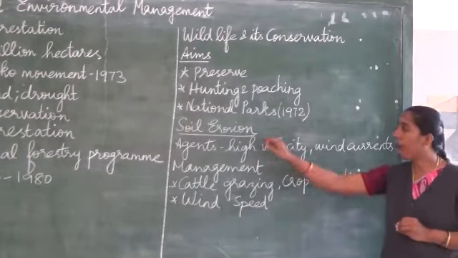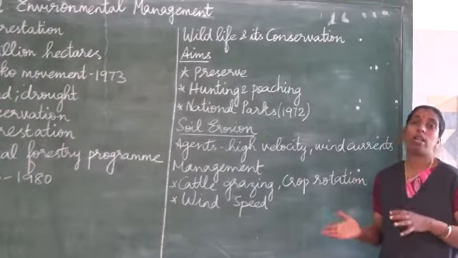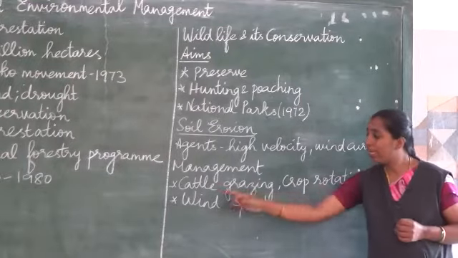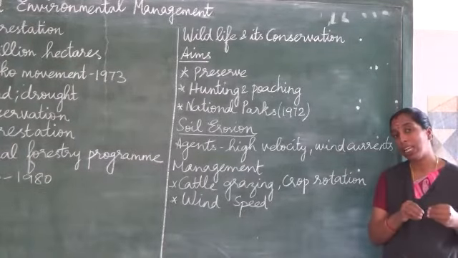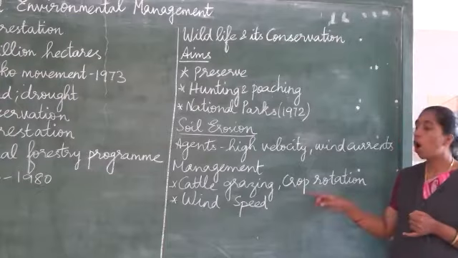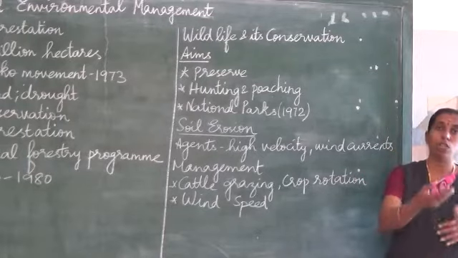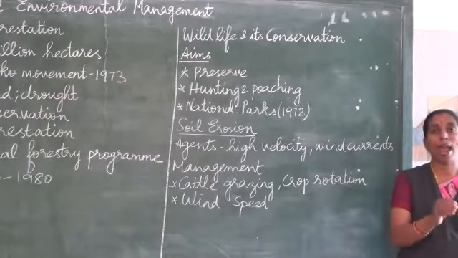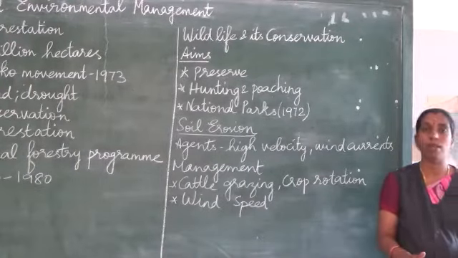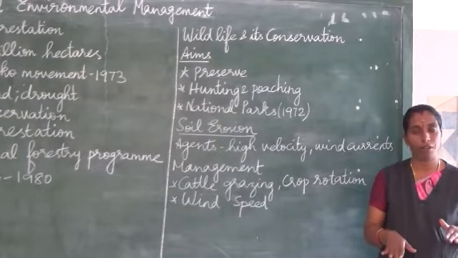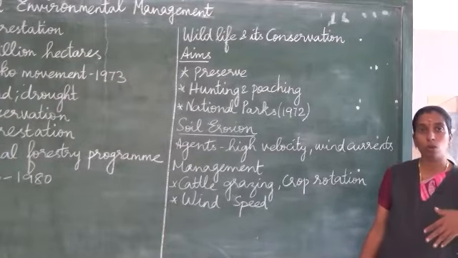So how to manage this soil? How to manage soil erosion? What are the possibilities? Cattle grazing, overgrazing of cattle should be avoided. Crop rotation. Suppose in a soil, one type of plant, paddy, is planted continuously. They grow paddy, harvest paddy, and again they grow paddy in the same soil, so the fertility of the soil will be reduced. So for this, crop rotation: for example, now they grow paddy,